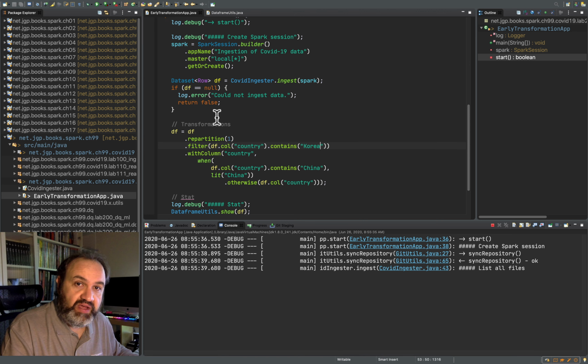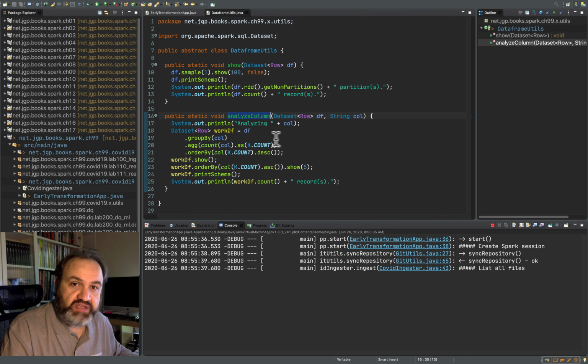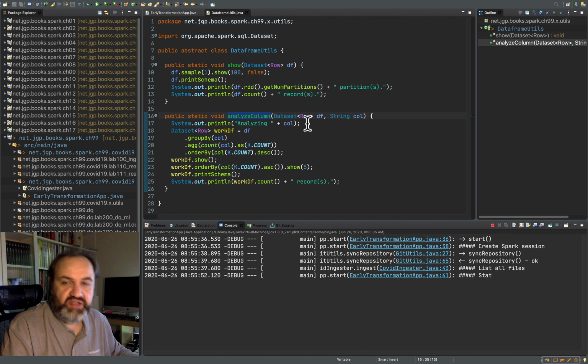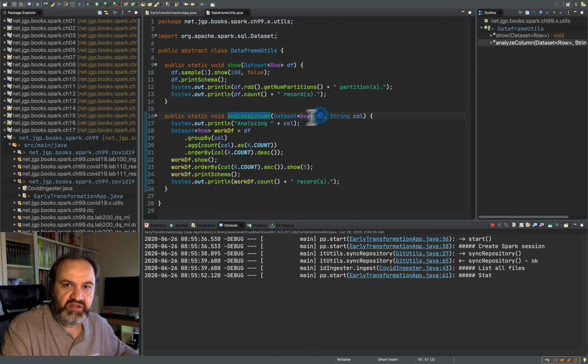If we look at the analyze column function, it's a very basic operation, and I think it's useful to have a few of these utilities in your stock. Basically, it's taking a data frame and a column name, and it's system out.